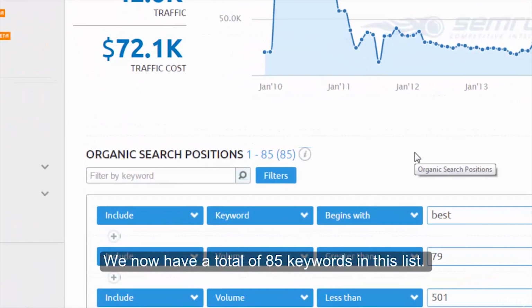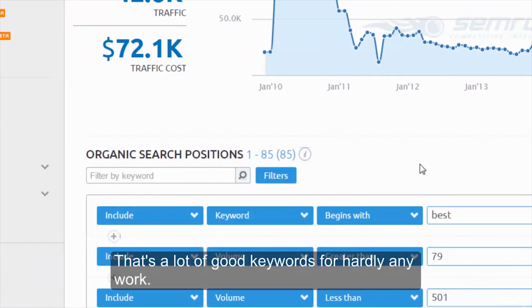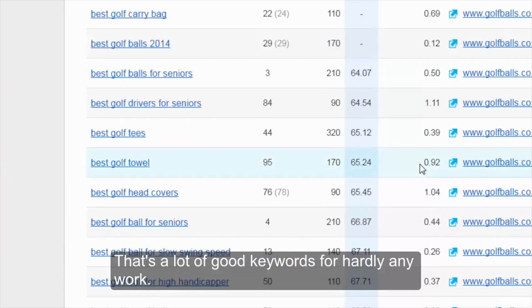We now have a list of 85 keywords in this list. That's a lot of good keywords for hardly any work.